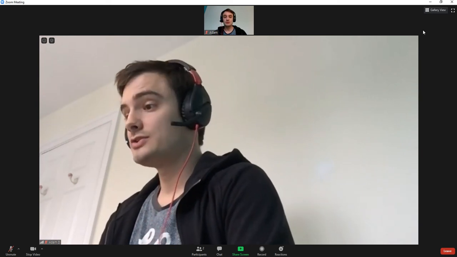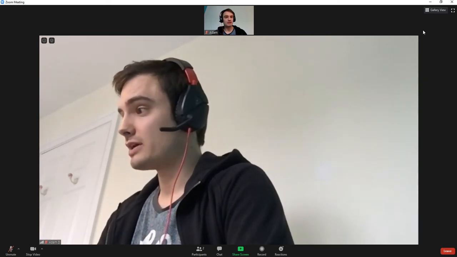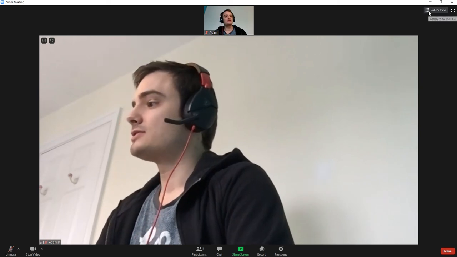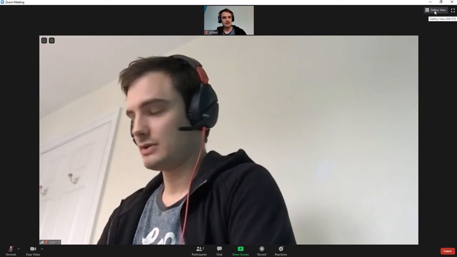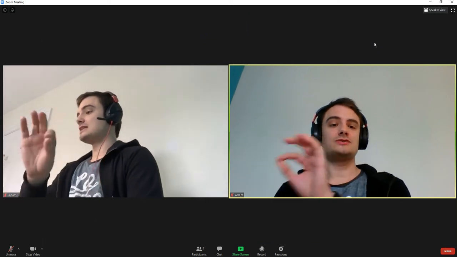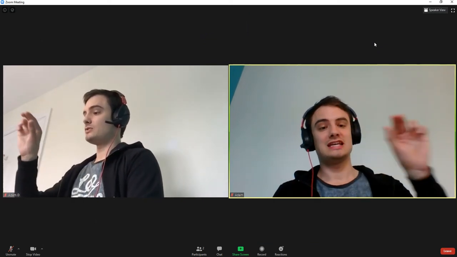The other option we can do is the gallery view. This is one I find quite useful. If you go to the top right hand corner here, we click on gallery view. This then gives you a box for everybody who's in the meeting, which is a good way to keep track of it. This is something which you can do on PC,